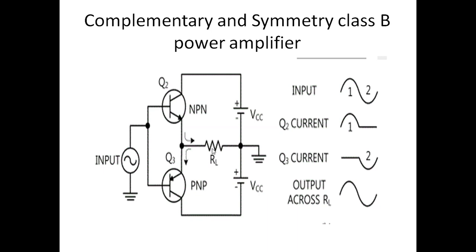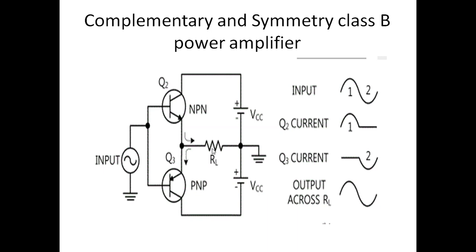Therefore, it is very cheap and it occupies very less area. So nowadays, in order to design an electronic device, it should occupy less area. Therefore, this complementary symmetry class B power amplifier can be used widely, and the efficiency of this complementary symmetry is the same as the push pull amplifier, that is about 78.5 percentage efficiency can be achieved.